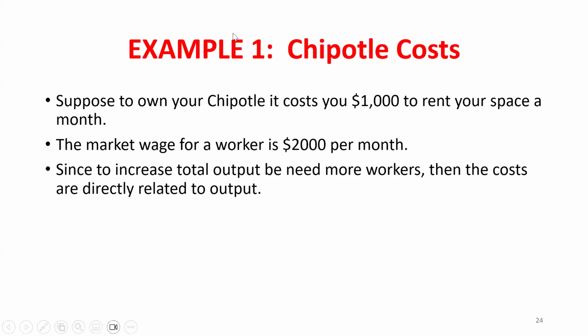Okay. So let's say I've got kind of this Chipotle example. I know these numbers don't make sense, but let's say I'm renting, the monthly rent is $1,000 for this space. Okay. If I produce nothing or I produce 1,000 units, what's happening to my rental cost? Stays the same. So what is it? A sunk cost, or what we'll call for firms, a fixed cost, just kind of different terminology, right? So for a firm, the fixed cost, the thing that doesn't change as I increase output or hire more workers, that is going to be a fixed cost or a sunk cost, right?